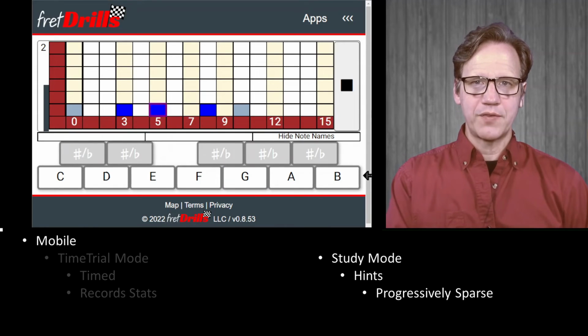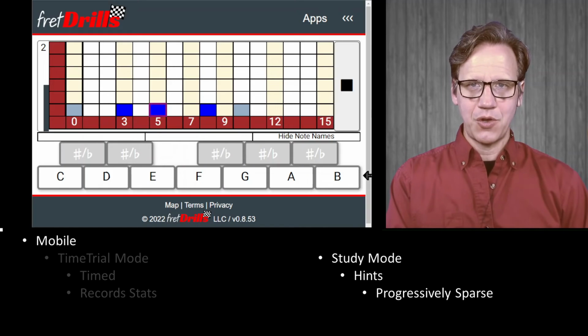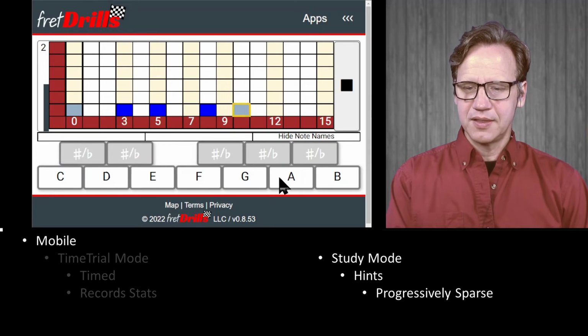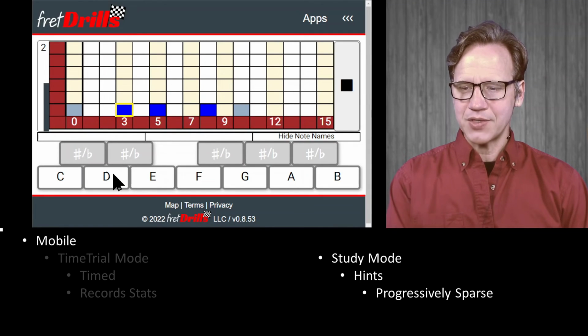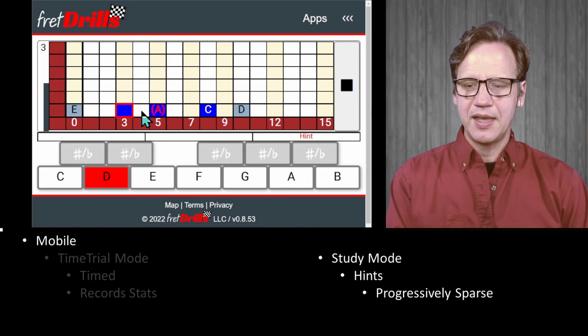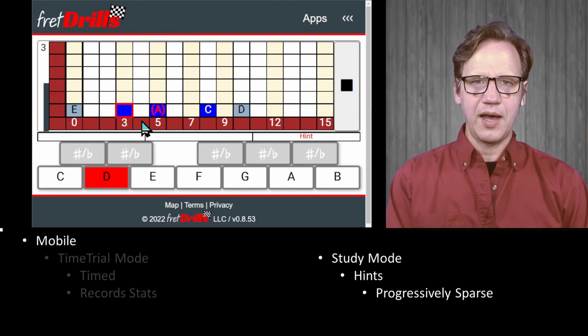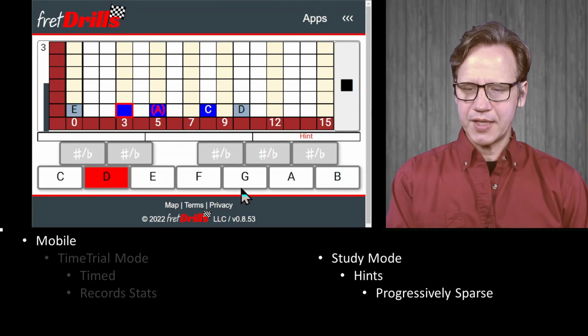Now we've lost one of our hints. The note names are no longer displayed, but the lesson footprint remains, the footprint of the A minor pentatonic scale. So this is A, that's D. Now if I answer something incorrectly, notice what happens. That's G, but I'm going to call it a D. The hints of the note names come back. All right, continuing. So that's G,